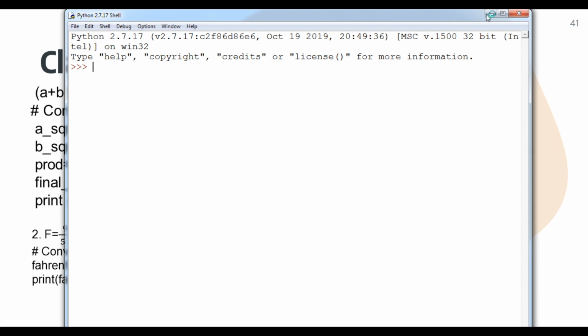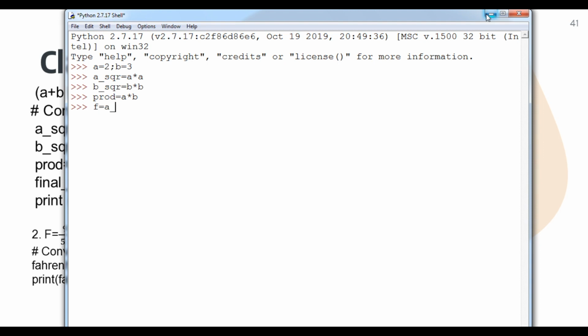As per the explanation, I will store a equals 2 and b equals 3. Now a_sqr, my particular variable for convenience, so a star a will be stored in that variable, and then b_sqr equals b into b. And one more thing, product, prod: a into b I will store here, and the final value, f equals, here f is the resultant value.